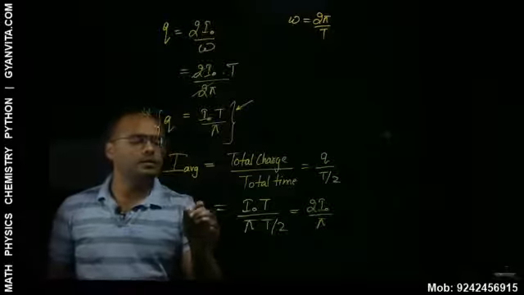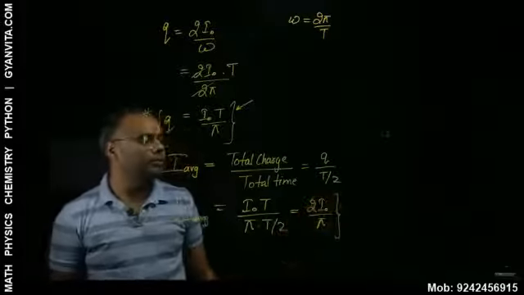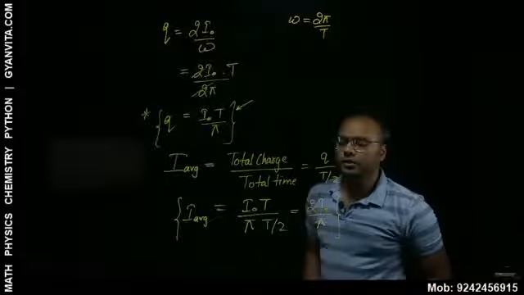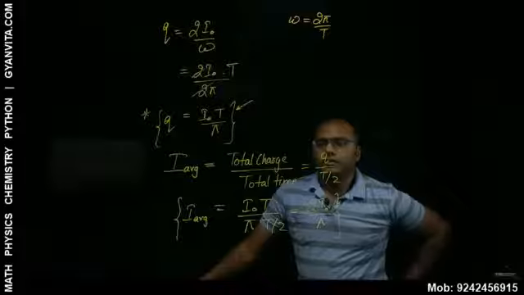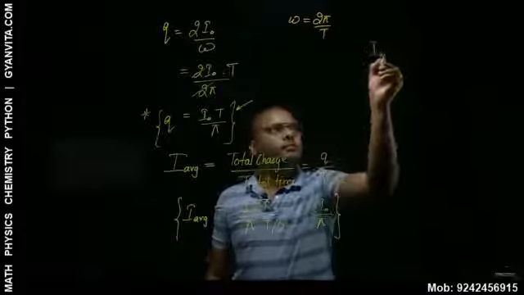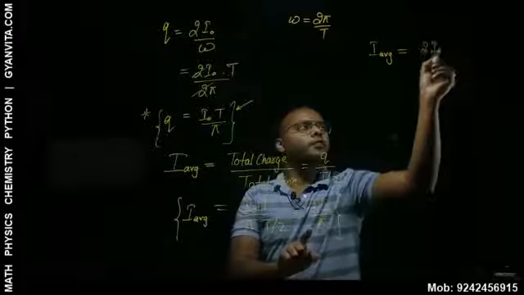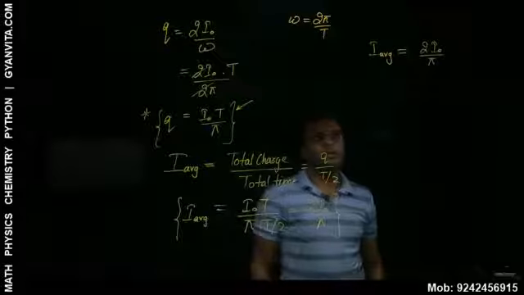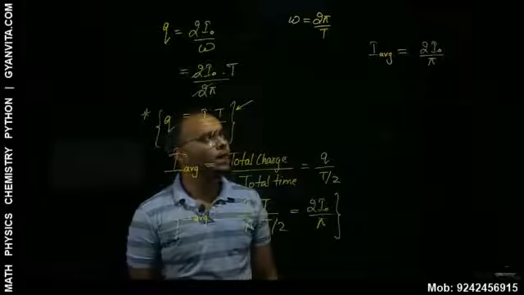This is the I average, and this is a fixed value which is a fraction of I naught, that is maximum EMF or maximum current, right? That is 2 I naught divided by pi. So I average, you have to note down this, that I average is equal to 2 I naught divided by pi. This is the average current as well as average EMF, right? That is 2 I naught divided by pi.